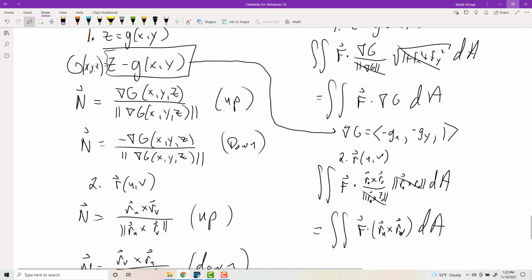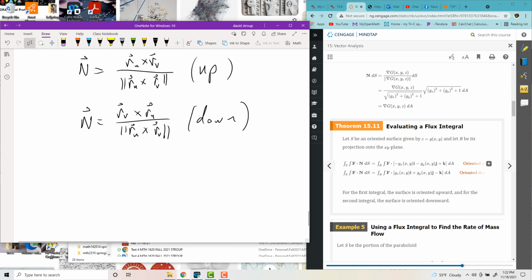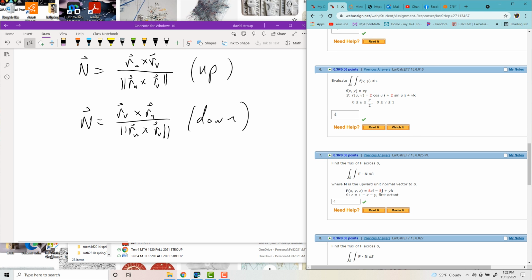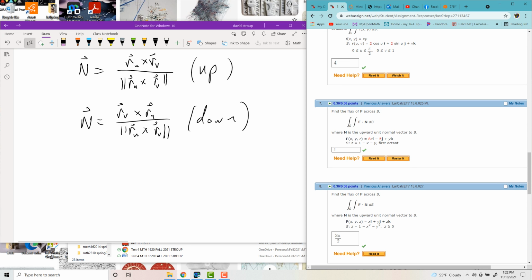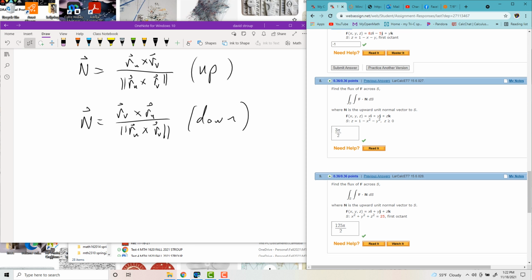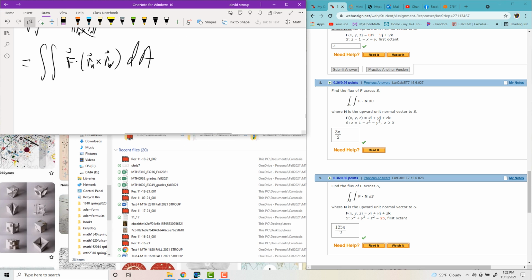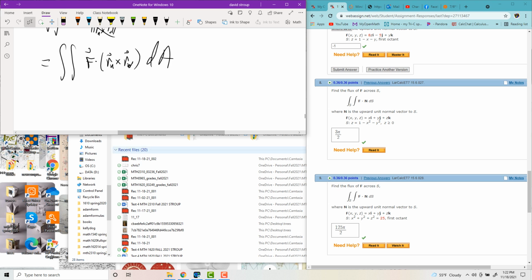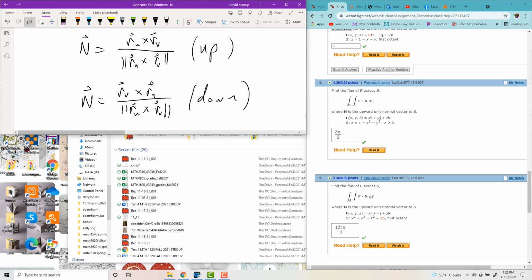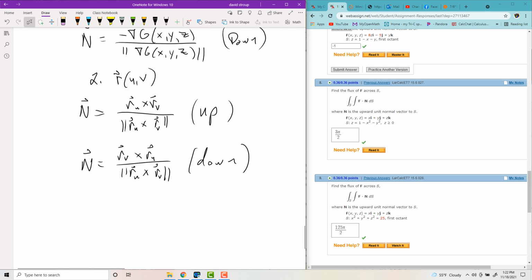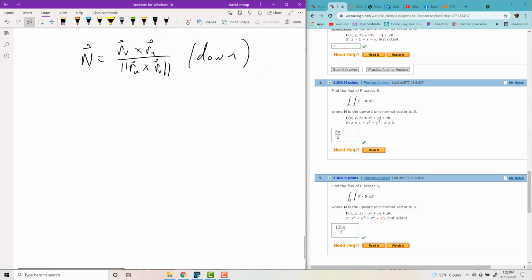And then you'll parameterize the force field in terms of u's and v's, and you'll have your full picture. Okay. Like I was saying in the homework, you're mainly going to be dealing with the upward unit normal vector, or see problem 7. Upward unit normal, upward unit normal, it's always upward unit normal. So you're not going to have to worry about, at least for now, the other versions. Some points later, when we're trying to establish Stokes' theorem and the divergence theorem, you may have to worry about orientation as you go around and integrate over surfaces. But for now, it's not an issue. So anyways, let's